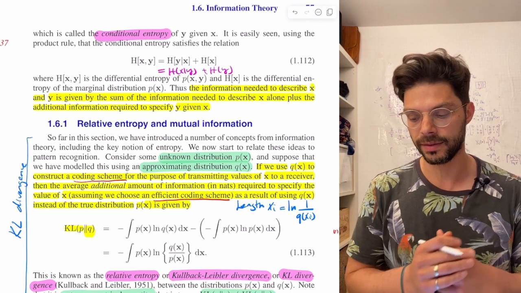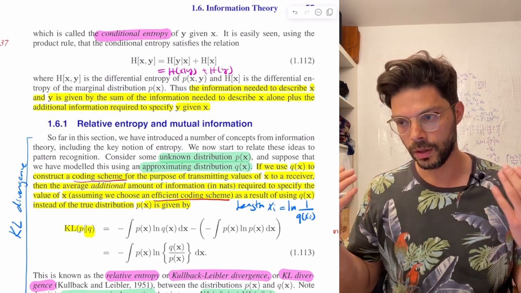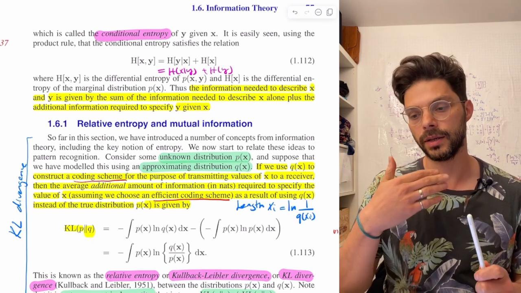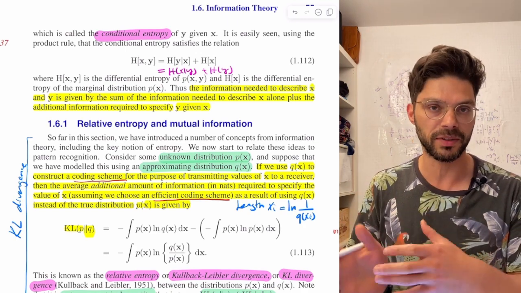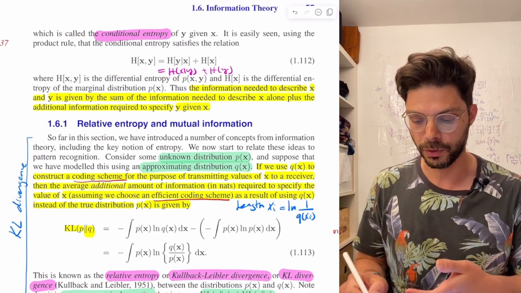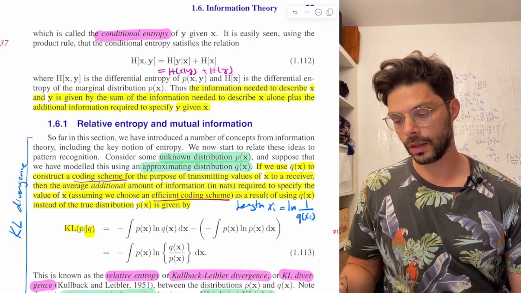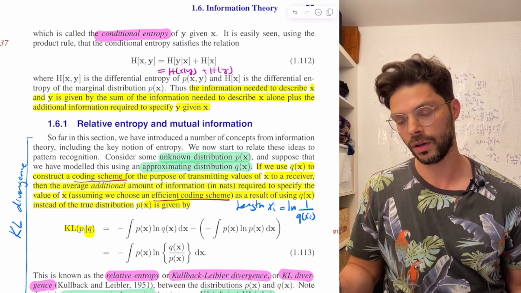And so we saw that if you want to transmit information as efficiently as possible using the smallest number of bits on average, then the amount of bits you should assign, or nats if you're using natural logarithms, should be proportional to the surprise, which is 1 over the probability of